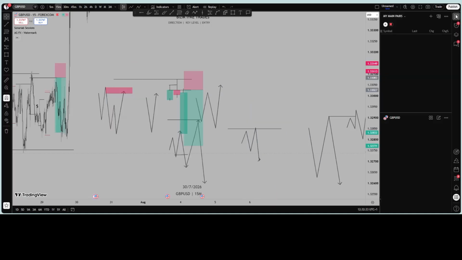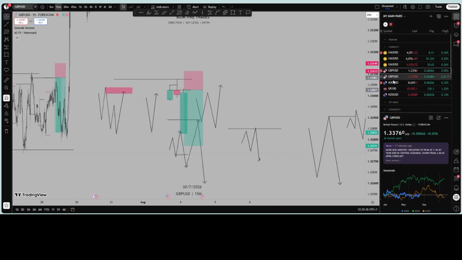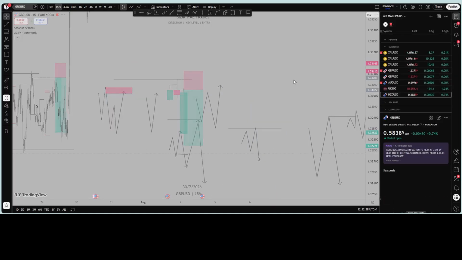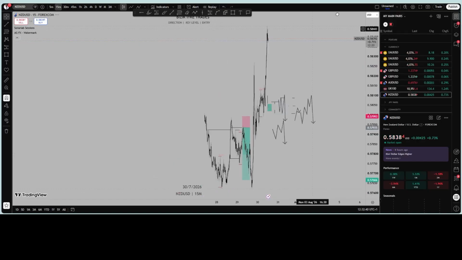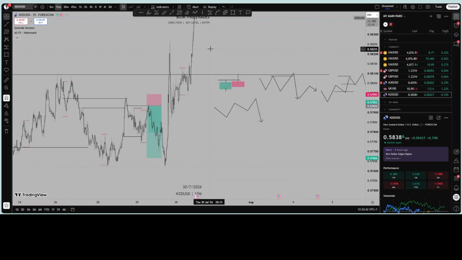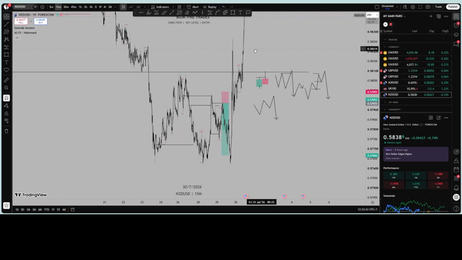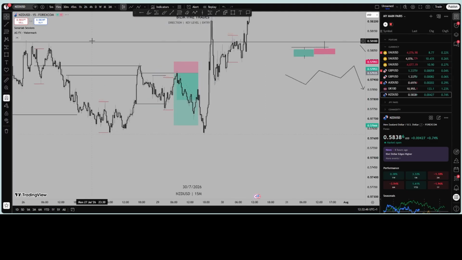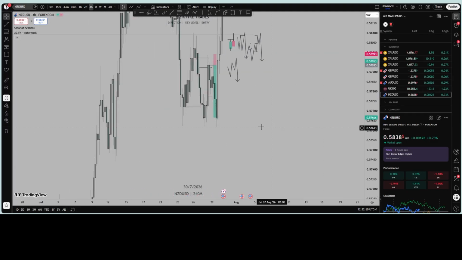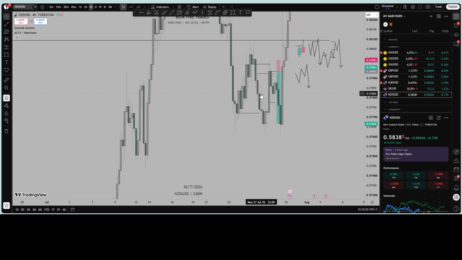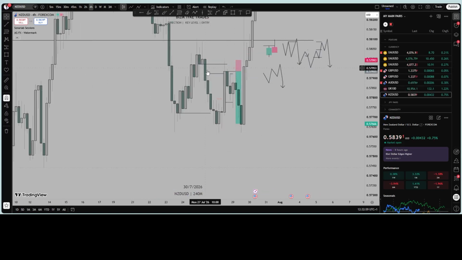Now let's go to another entry confirmation that I took on NZD-USD. This is the 4 hours time frame. All I did was, you see, I filtered all these points of interest, and this point of interest was valid. And the reason why this point of interest was different and it was valid was just because of this fair